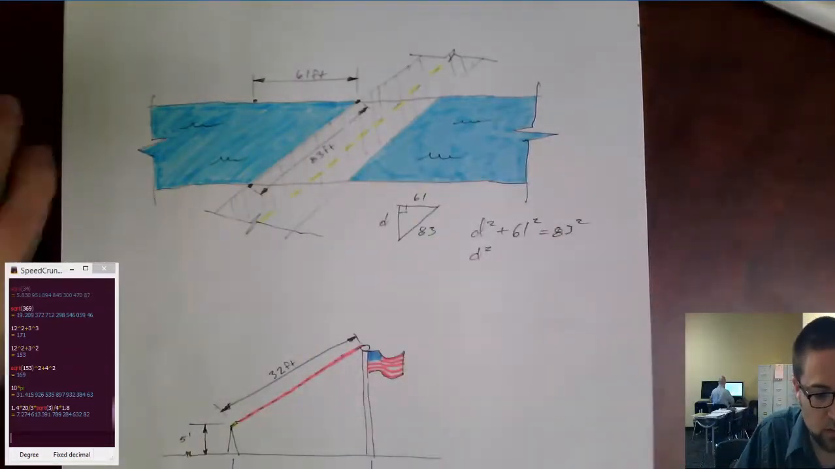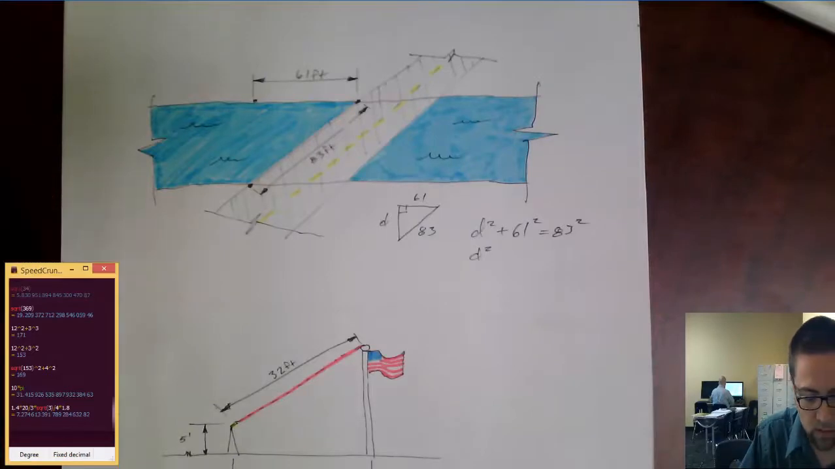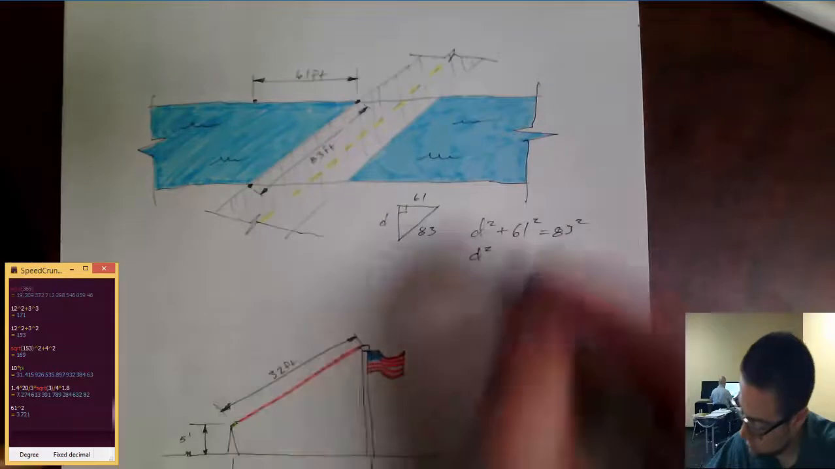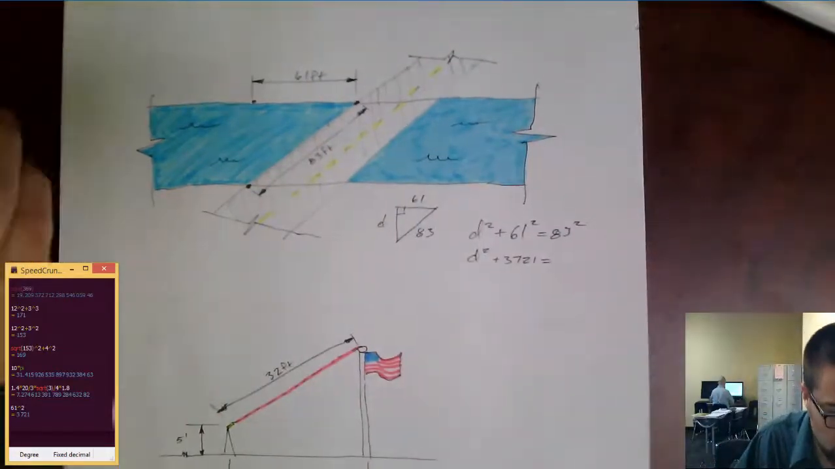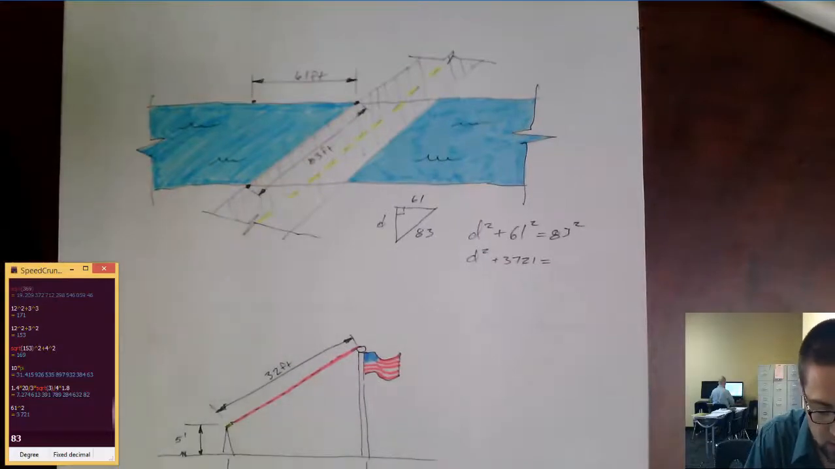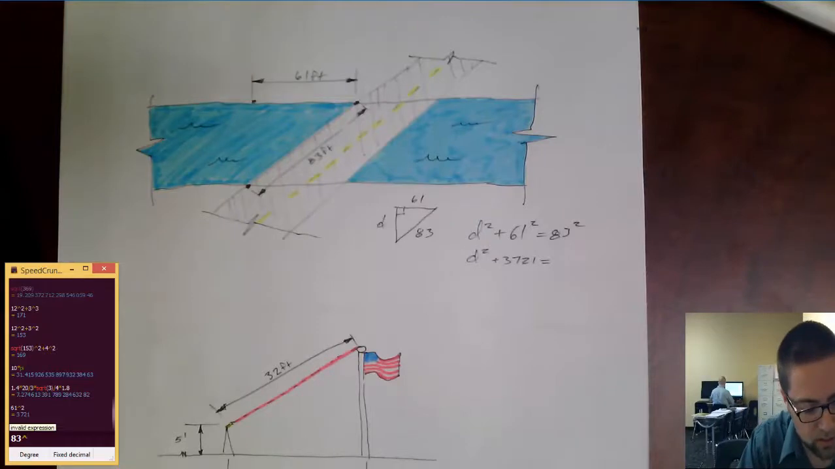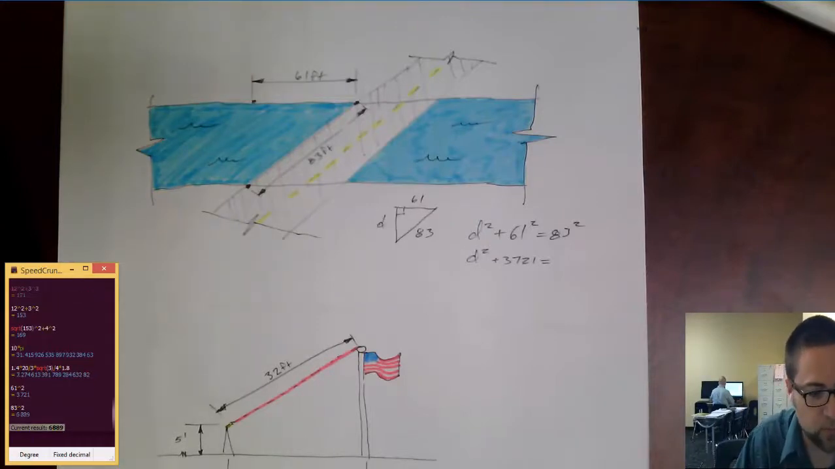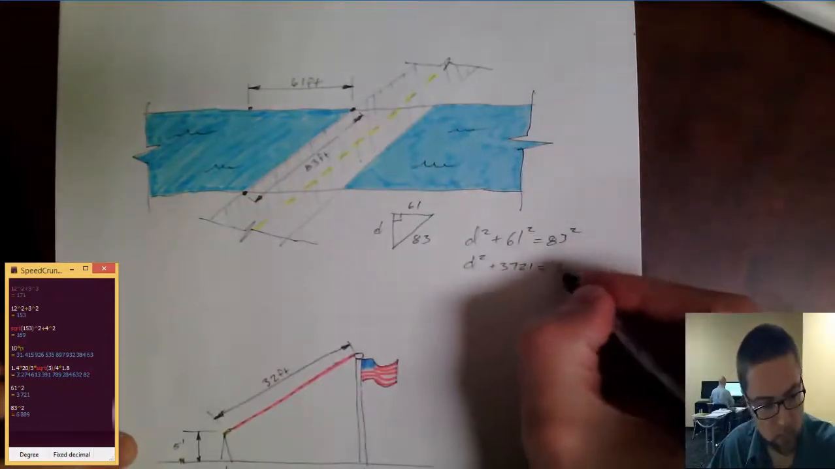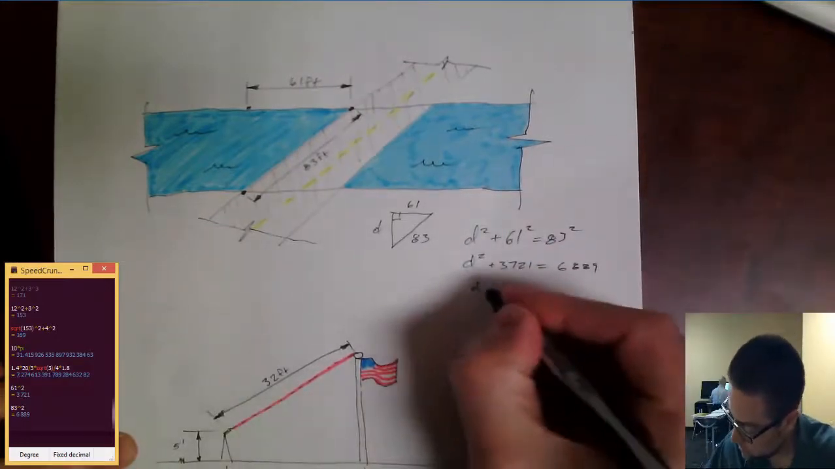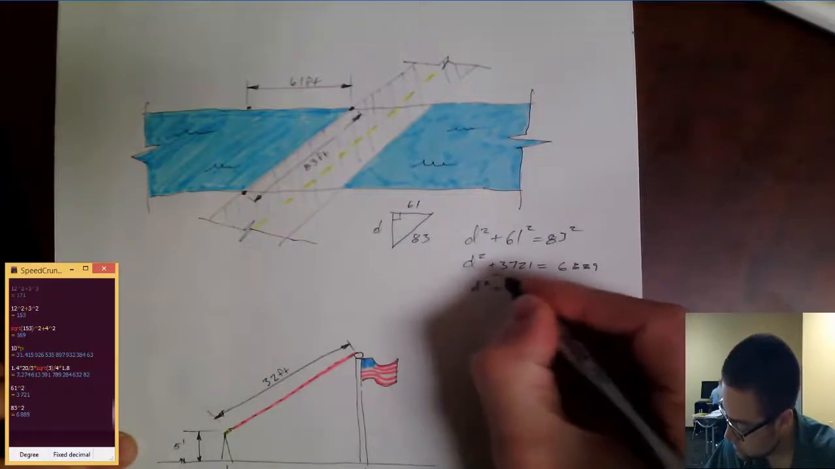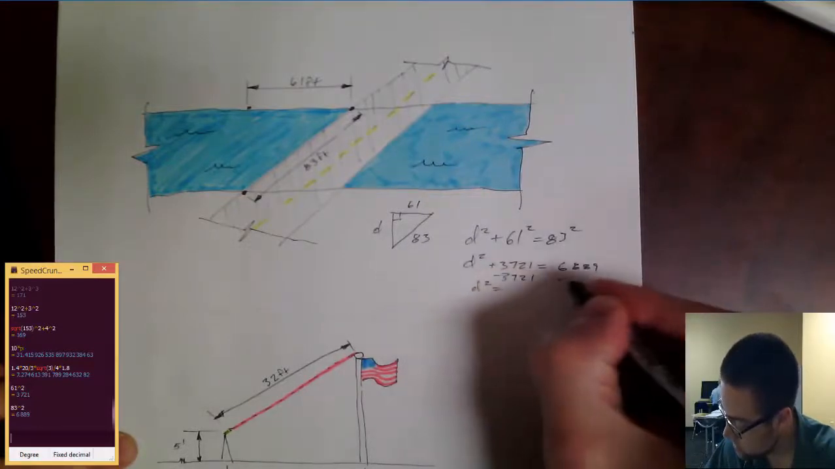61 squared is 3,721, and 83 squared, and use this little up arrow caret that is shift 6, equals 6,889. So d squared equals, subtract these from both sides,